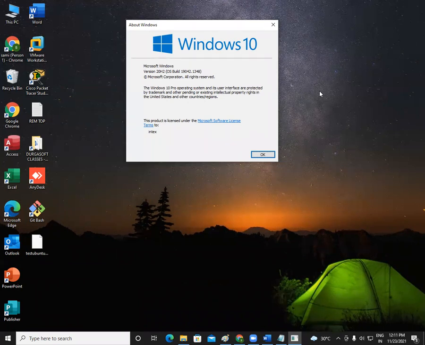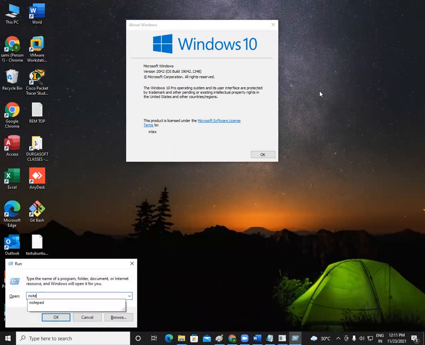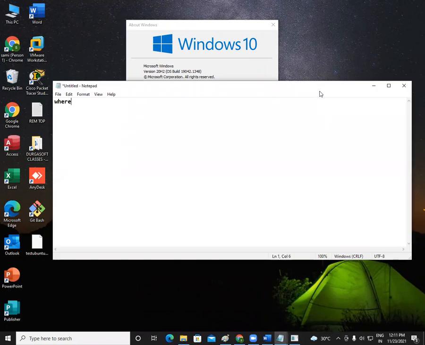Where is your operating system loaded in your computer? Computer or laptop, whatever. Where is the operating system loaded or installed? I can say loading, or I can say install in your computer.